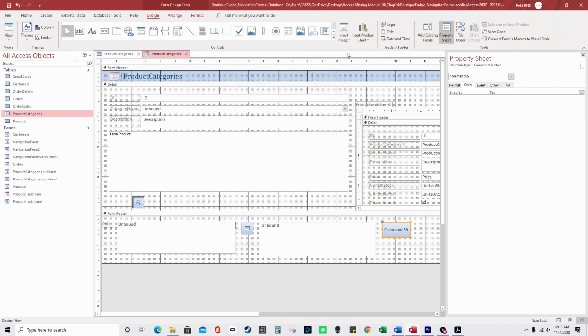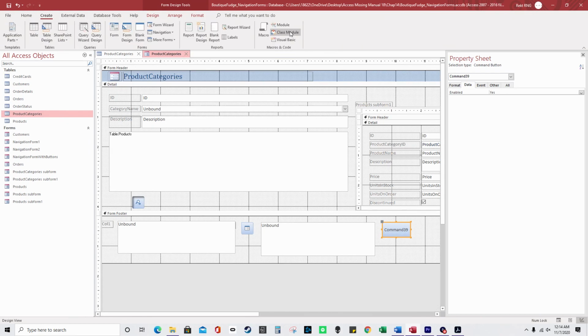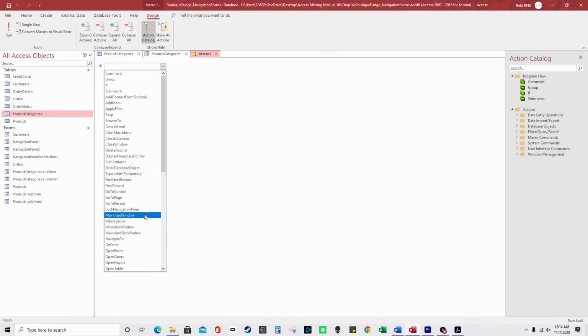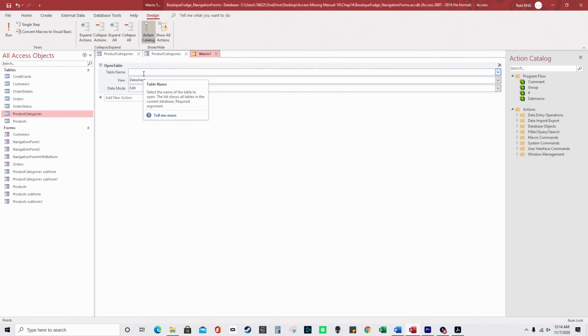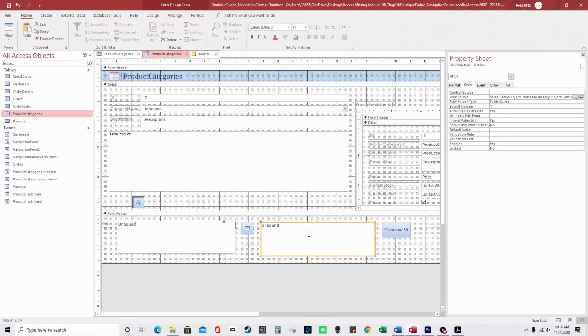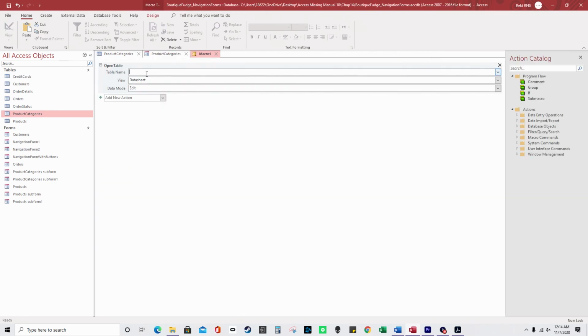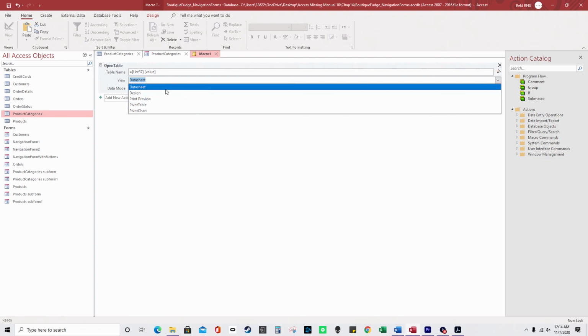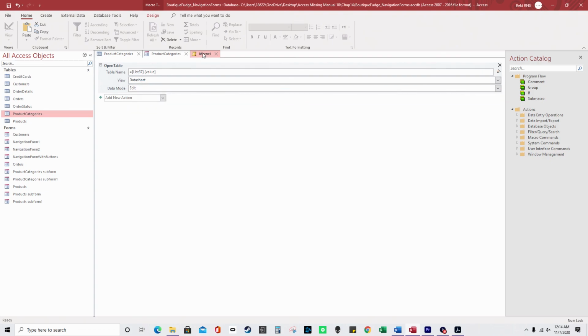I don't have a macro yet, so I'm going to go to create macro, and it's going to open table, and for the table name it's going to, let's see, this is list 37, so it's going to be equals list 37 dot value, and it's going to view, save, macro 1,